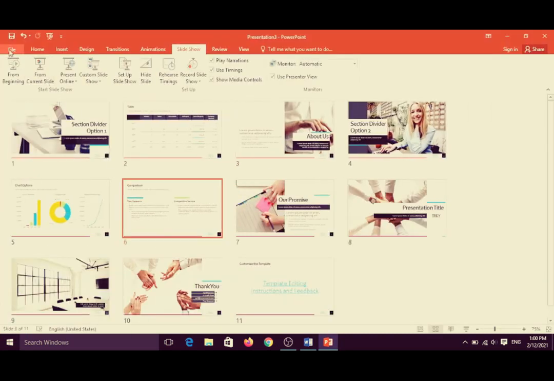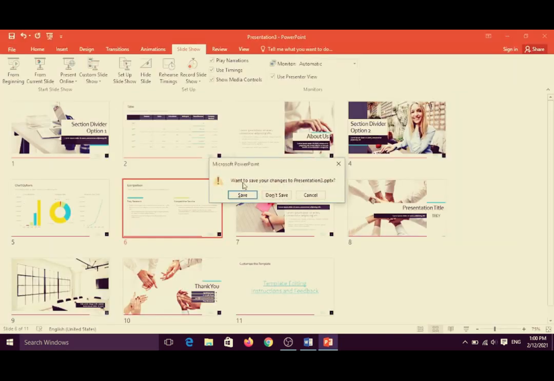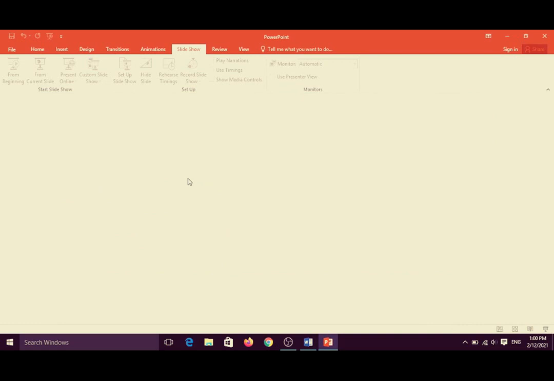Suppose I click on the Close button. See, it asks: want to save your changes to presentation third? If you press Save, it will be saved. Don't Save, it will not save, and Cancel, it will stay here. Okay, save it and it will be closed.